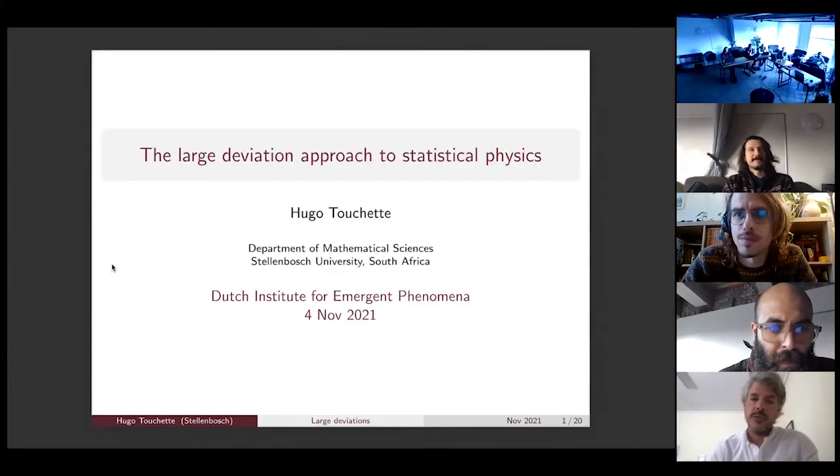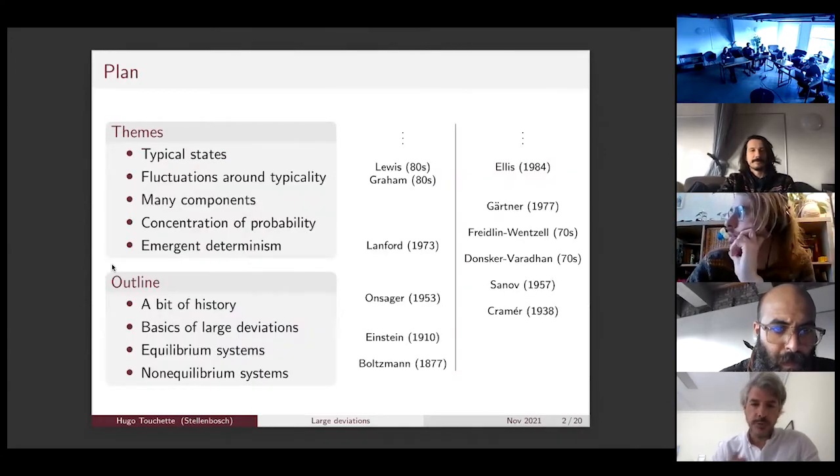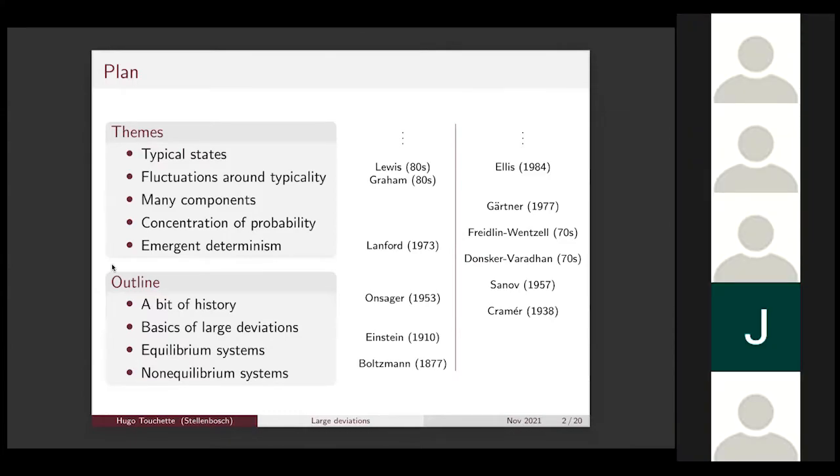So the goal of the talk is to give an introduction to large deviation theory and then show how it's being applied in statistical physics to study many particle systems. So I'll go through some historical presentation of the subject, and then I'll cover the applications for equilibrium and non-equilibrium